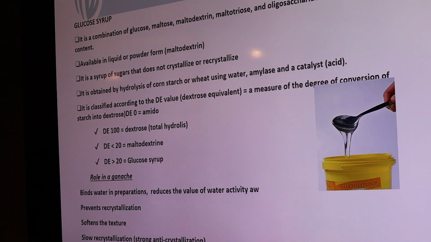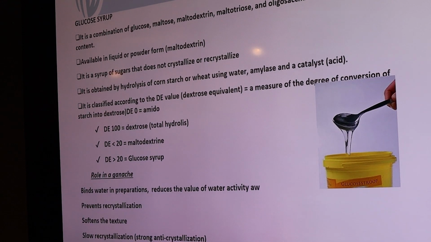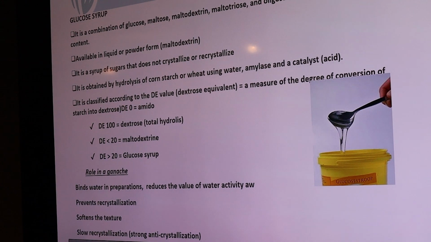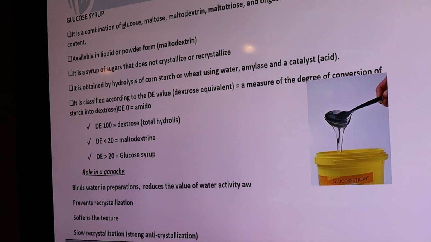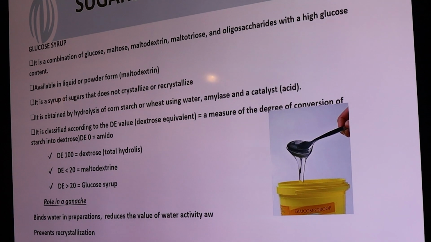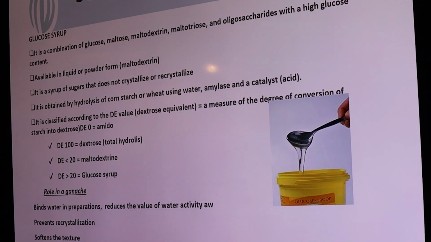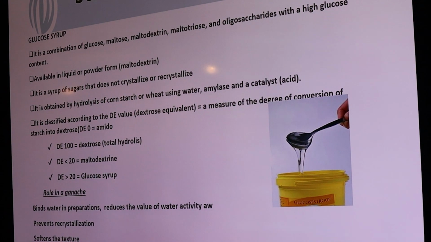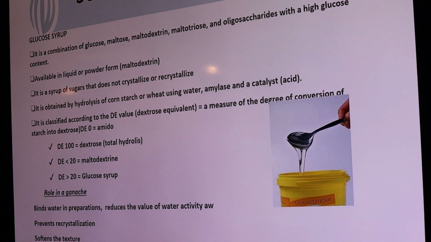The DE is the dextrose equivalent, which means how many times the starch in the glucose is broken. So if you have a DE of 20, let's say you have a starch chain that you cut in 20 pieces,